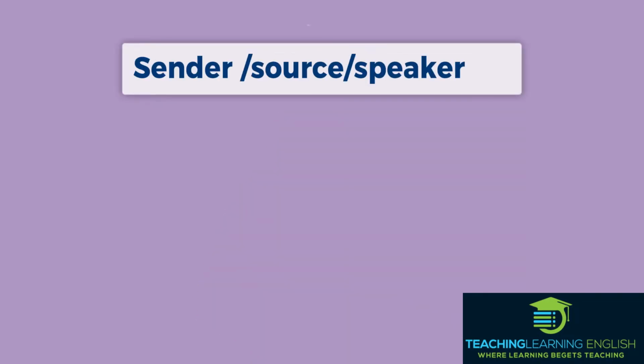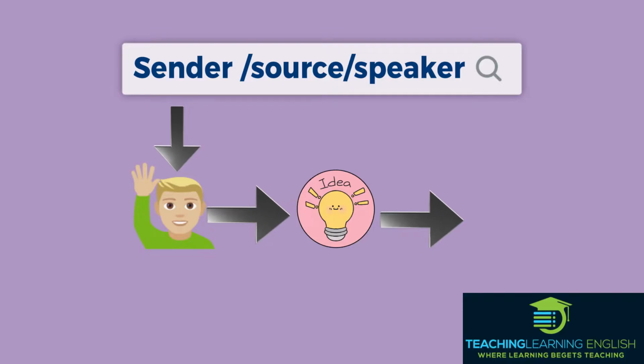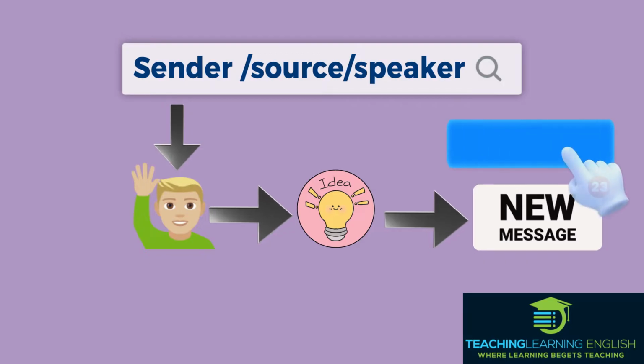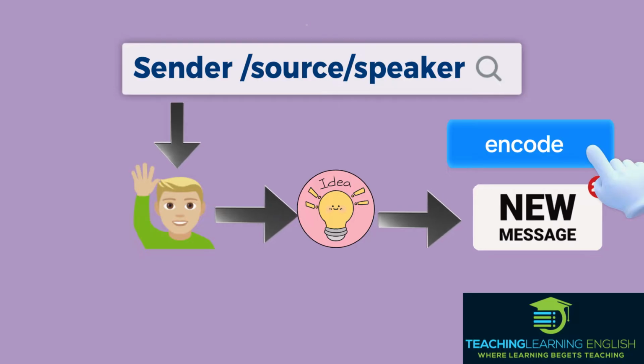The first is the sender, or the source, or the speaker. It is simply the source of information or message. The source, whether a single person or a group, develops an idea and communicates it through a message to others. The sender's role is to encode this message effectively using both words and nonverbal cues like body language and tone of voice. The clarity of communication, intention, and choice of communication method all affect how well the message is understood